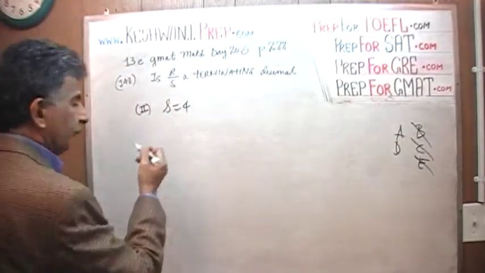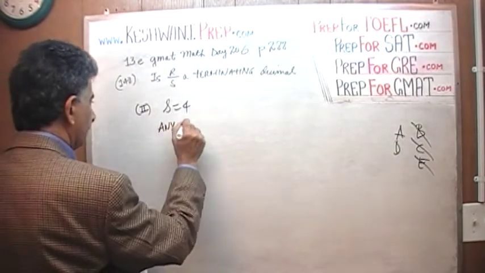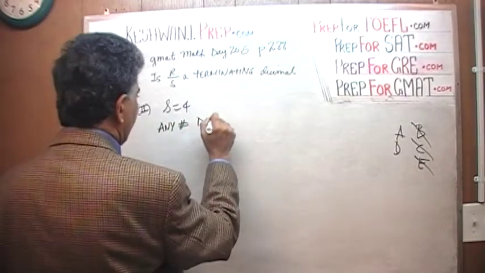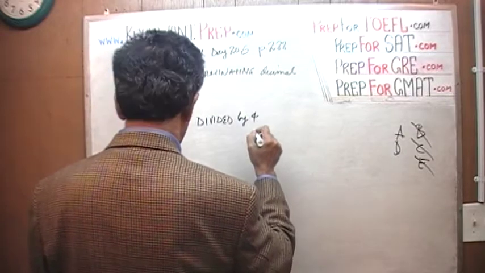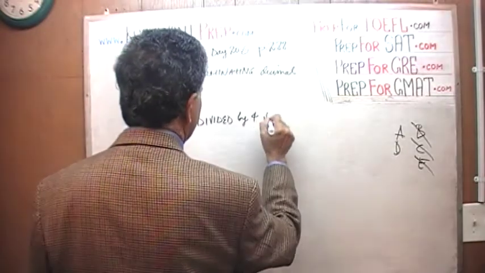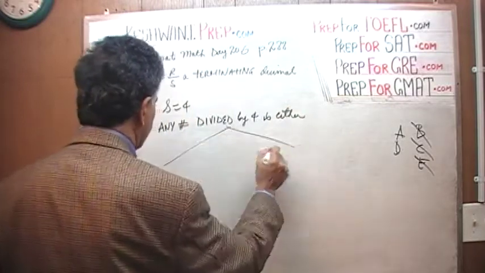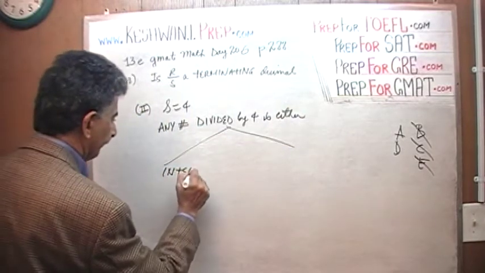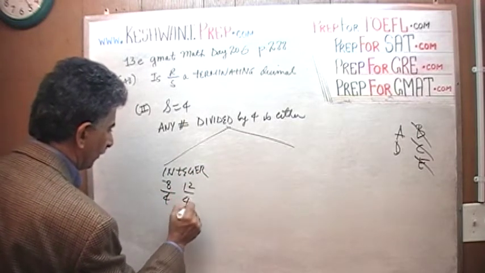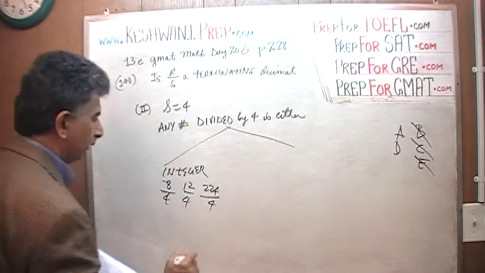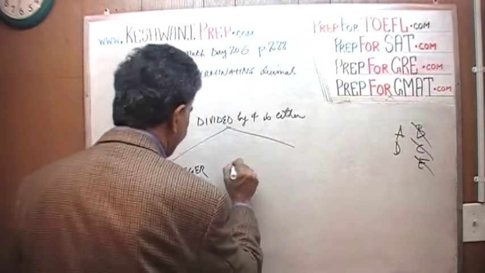What we should realize is that if S equals 4, any number, it doesn't matter what number it is, divided by 4 is either an integer, like 8 over 4 or 12 over 4 or 224 over 4. It's either an integer, a whole number, or